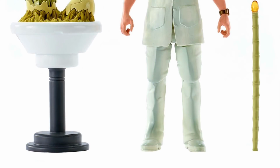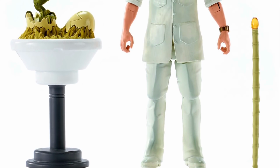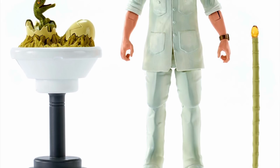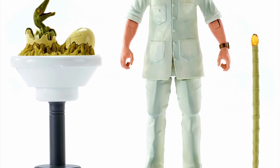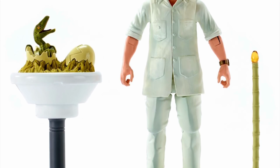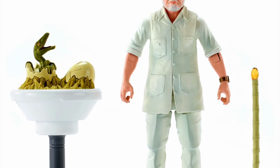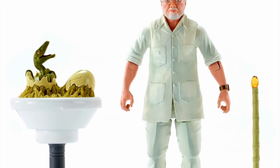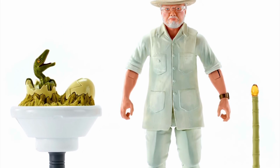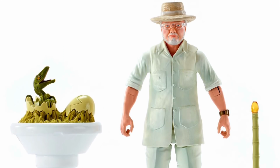Getting back to the figure itself, tons of detail here with Hammond. It's an all new sculpt. The coat, everything is completely unique. It doesn't look like it's a retooled figure from Alan or Malcolm or anything. It's its own figure. Lots and lots of detail though. Included the beard and the clear glasses, sort of like Malcolm's glasses, but totally clear to make it look like